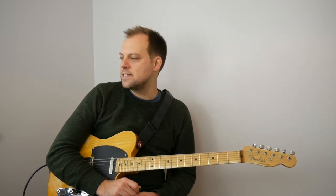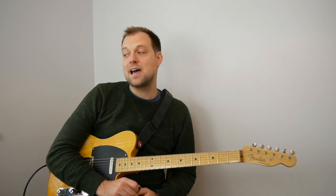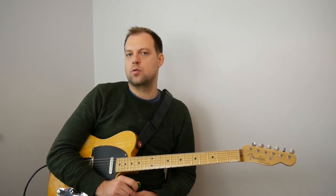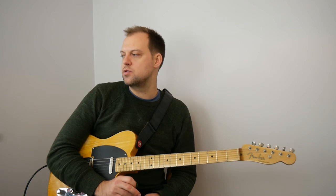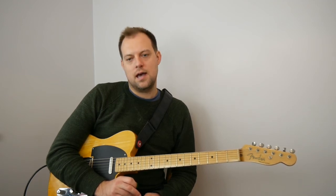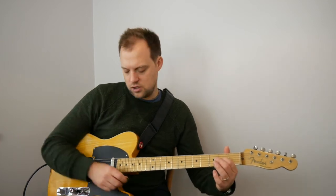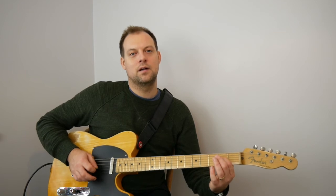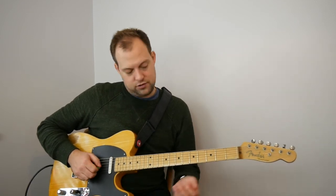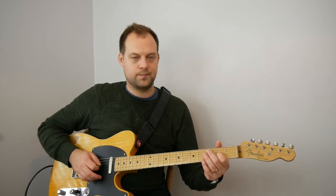Now this is a 6-bar phrase, and the dynamic starts off mezzo piano, piano meaning quiet, so we're moderately quiet, and it crescendos in the first 4 bars until we get to forte, which is loud. So we start off with just the 2nd fret of the G string. The rhythm's super easy, it's just quavers the whole way through. 1 and 2 and 3 and 4 and...